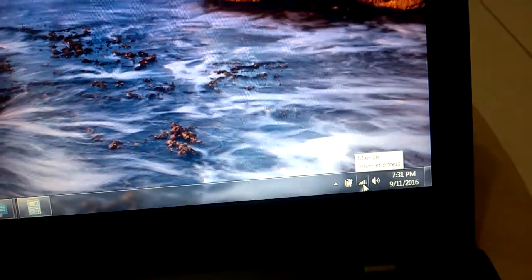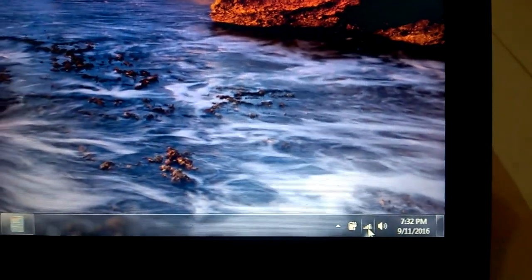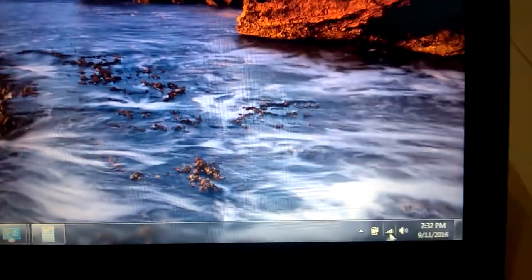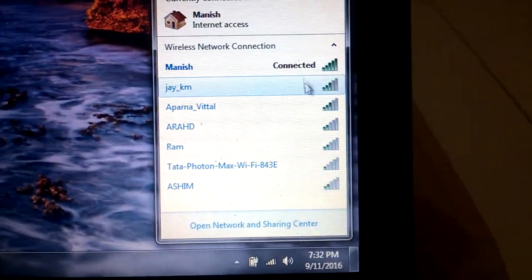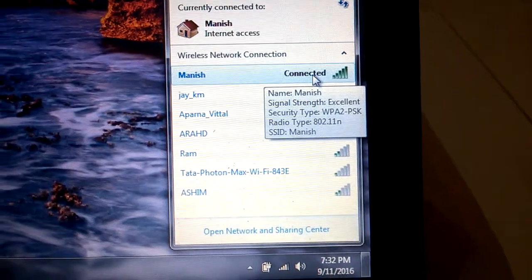Okay, first we'll check that icon. Right? Are you able to see that icon? Yeah, this icon is showing right now because internet access is available, so it means I'm connected to a network, right? If any cross is there, it means no network: the system is not able to discover any network, or else no network is available. If it is showing a yellow mark, maybe you are able to see the networks but you're not able to connect, right? So right now it is showing I'm connected to this network, right?